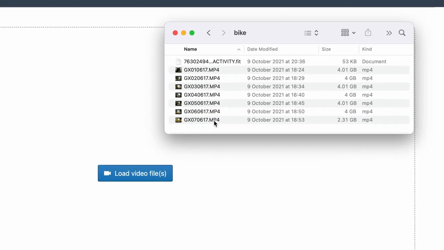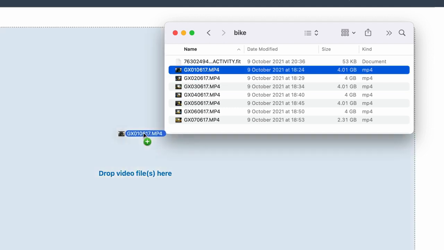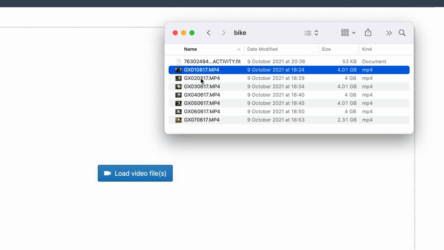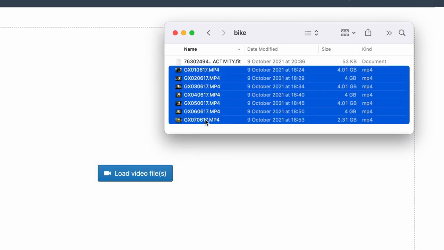These are GoPro videos recorded with the GPS setting. But if your camera does not record GPS data, we will see how to import it from an external file later. We could just pick one file, but the GoPro camera divided this one in multiple files. So we can select them all instead, and the program will join both the videos and the data as long